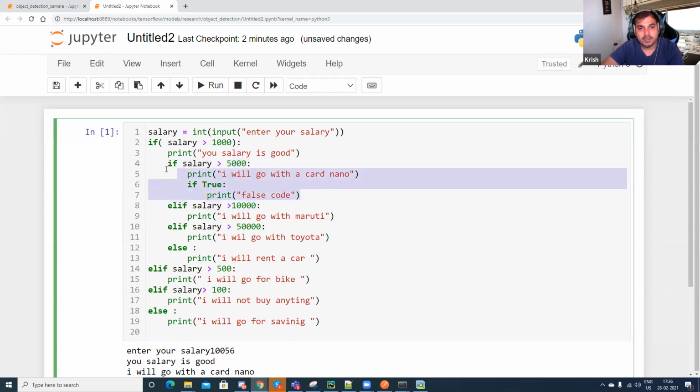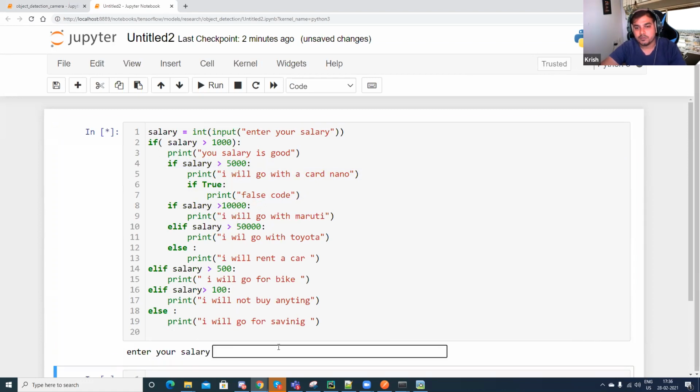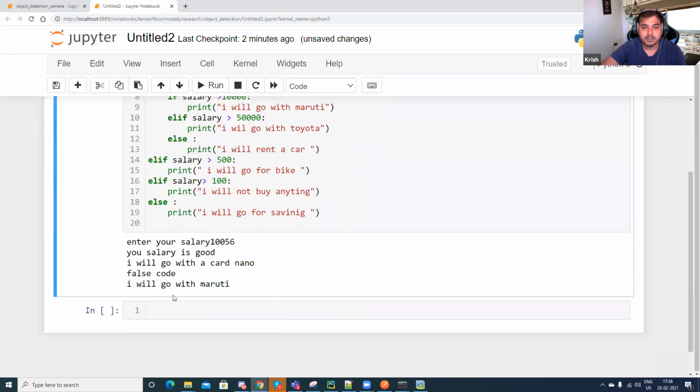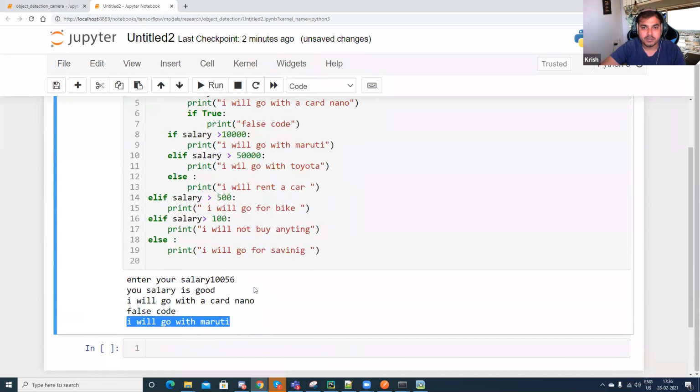Now, if this is getting executed, what will happen? This is an elif condition, so elif will not get executed. Suppose I remove elif like this, then definitely this will also get executed. You can see me. So I'll write 10,056. If I execute it now, you can see I'll go with Maruti also has come,